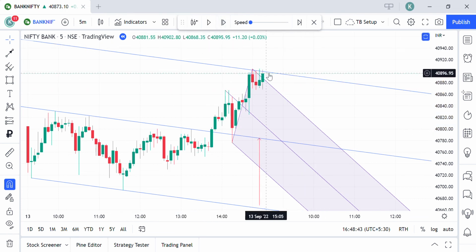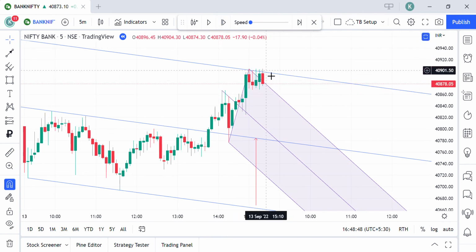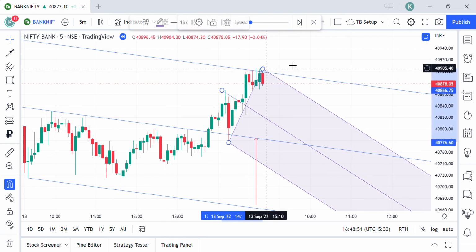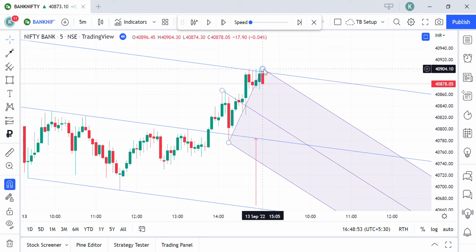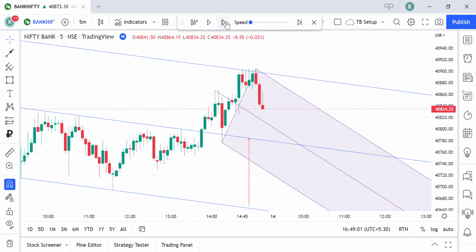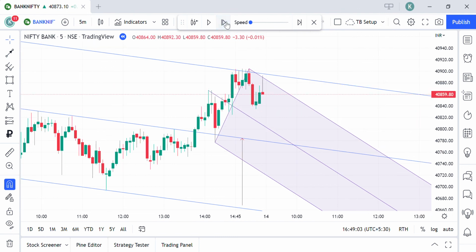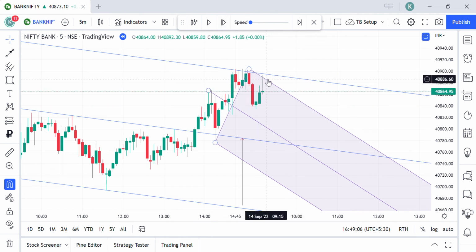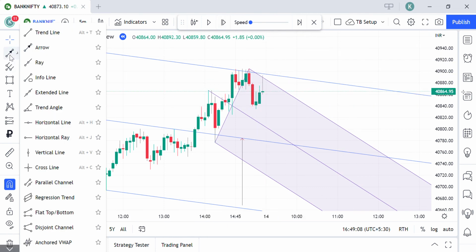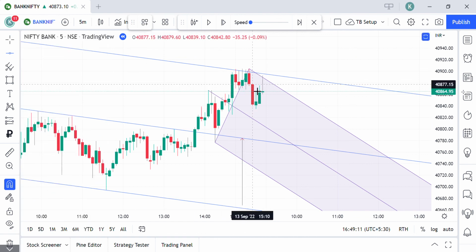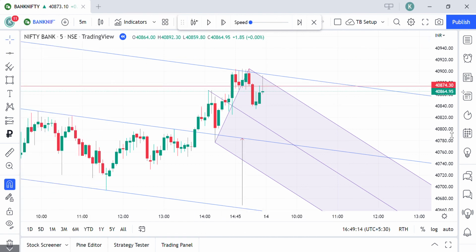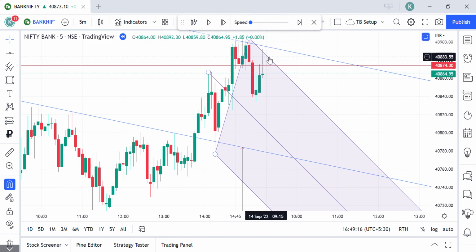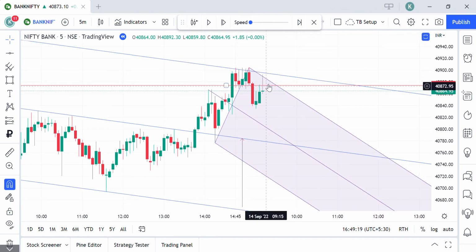So price has finished respecting this line, it's not closing above this level, and then it created a strong bearish candle again. So we shift our pitchfork to the latest high, because this is the latest high, and then created a fractal bar and see how price unfolds. So price has come back and again touched this line, and when it is touching this line, it is respecting the inward frequency of this minor flow. See, price did not close above any of this level but touched this level, and then there is a lot of selling pressure at the top of this wick.